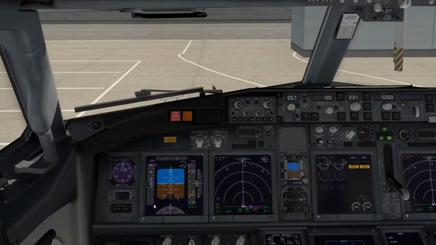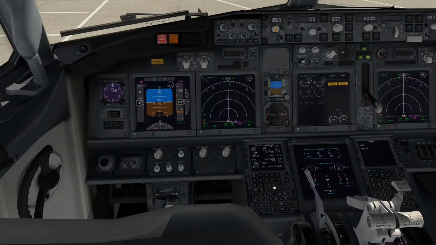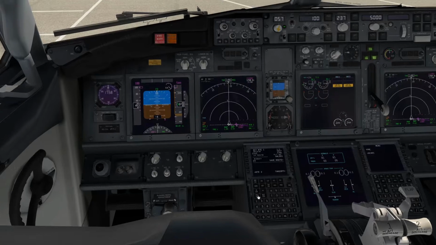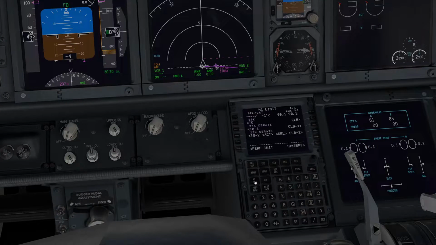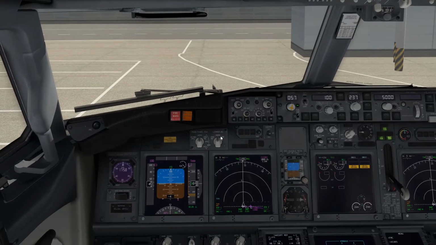I'm going to need to set V2 in the speed window here, so I'm going to head back down to my FMS. The easiest way I find is you can either hit route, go to the takeoff reference page from there, or you can also, I'll zoom in a bit, select N1 limit, and that gives you the takeoff page in the bottom right corner. So N1 limit, takeoff reference, and V2 is 147, so I'm going to set